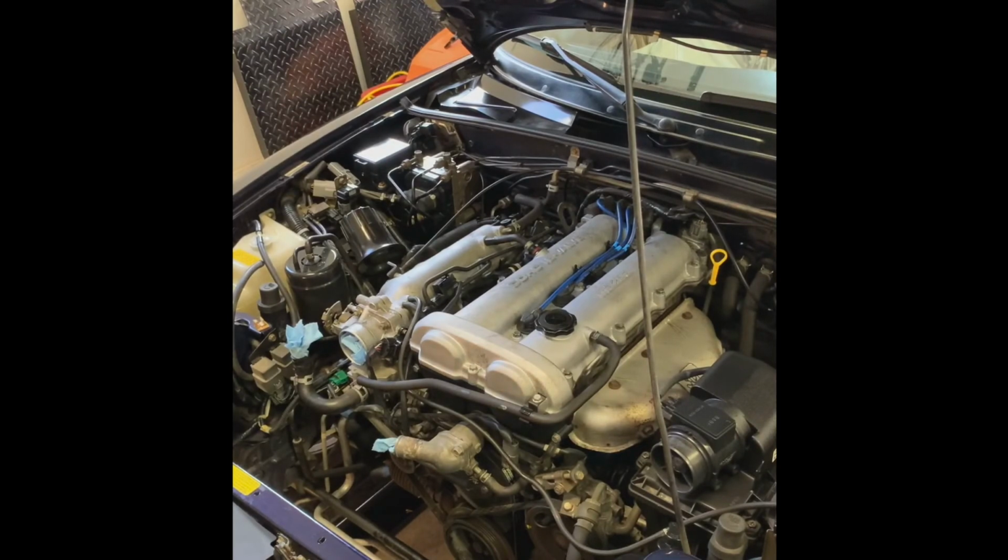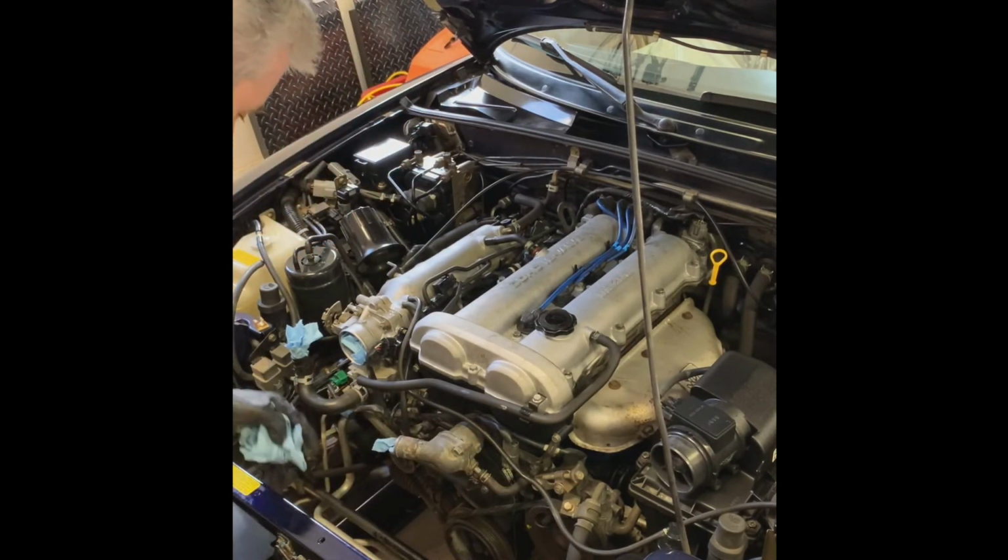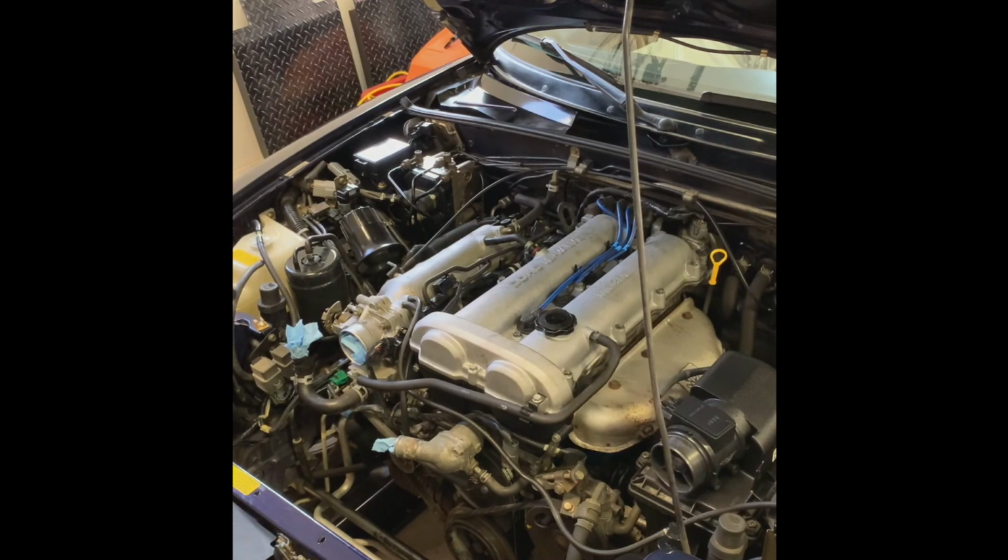All right, now with the radiator extracted, we've got a huge amount of space in which to work. The next step, we have a little bit of dirt. I'm going to try to clean that out a little bit, trying to keep this area clear. As part of the overall process, with everything out of the way, and before we put the new radiator in, we're going to do some of the other items that I described at the beginning of the video, which includes replacing all the hoses related to the cooling system, including this overflow,